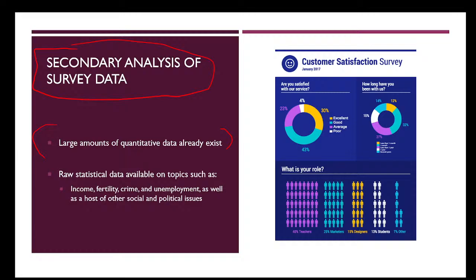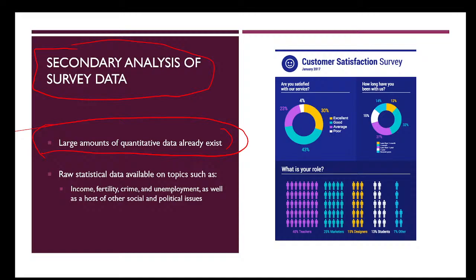There's a ton of data that's already out there. If you are interested in some of these longitudinal questions, there are surveys that have been going on since the 70s, sometimes the 1960s. Not in Canada, because Canada sucks at social science data, but in the US especially. The only thing we have in Canada that goes back a really long time is the census. But regardless, we have data that goes back decades in some cases, and a ton of quantitative data